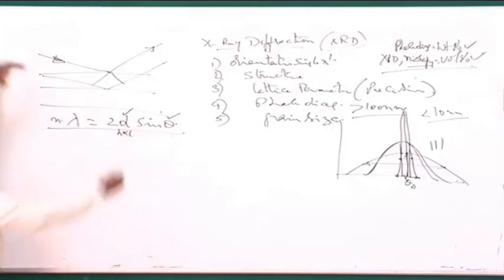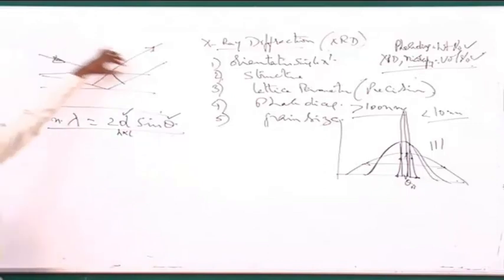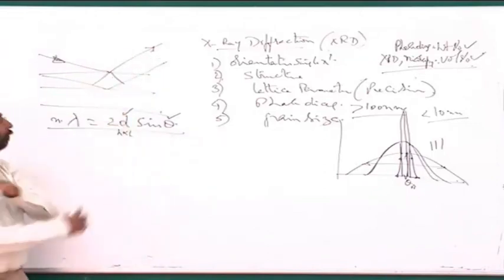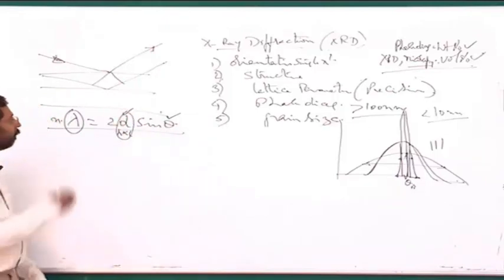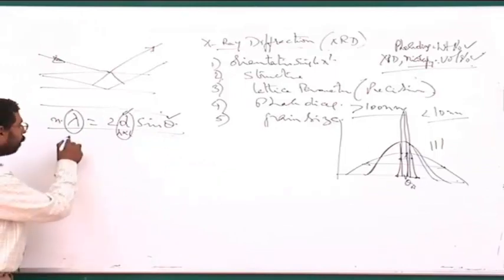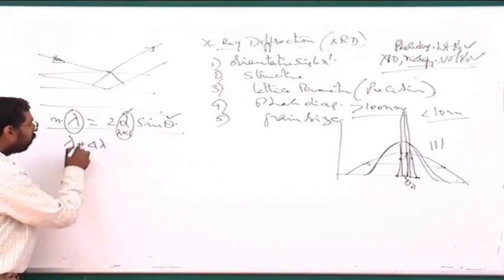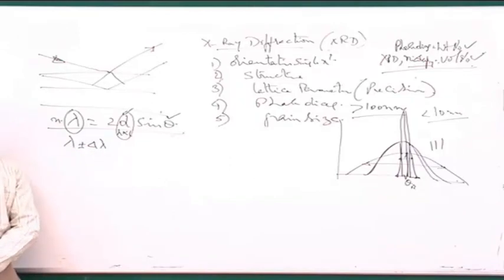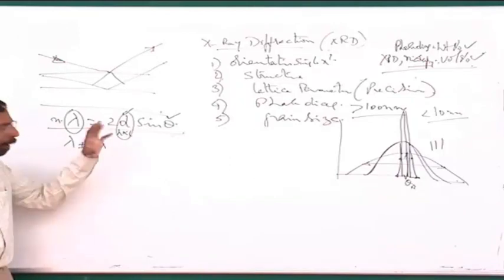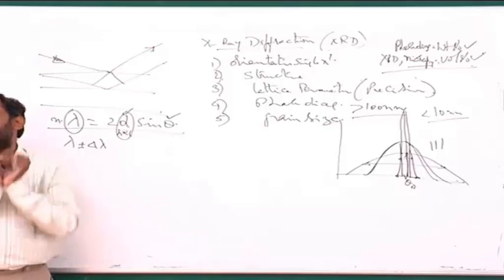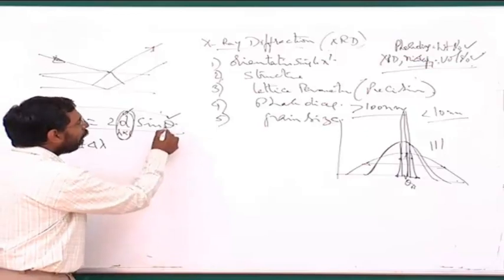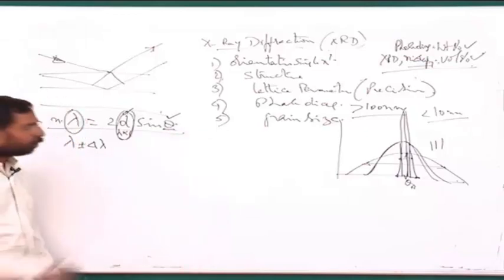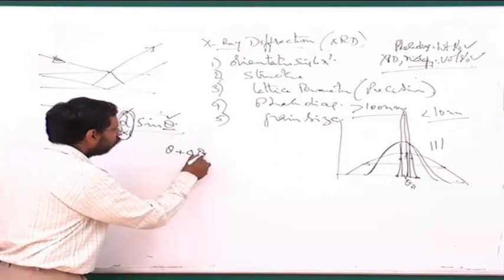Now, instead of a monochromatic beam, if I am getting beams with a range of lambda, for a given lambda there is a given theta for a given HKL plane. But if the lambda is not monochromatic, but has some plus or minus delta lambda associated with it, that means I do not have monochromatic radiation, but I have some small range. That small range for the same d-spacing will cause a small range in theta. So there will be a theta plus delta theta associated with this.